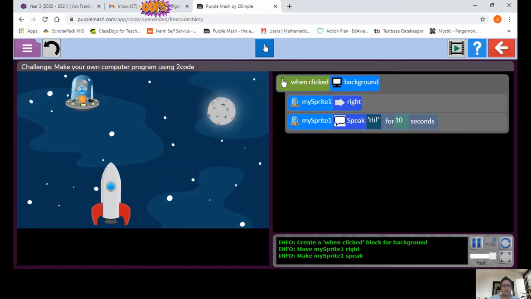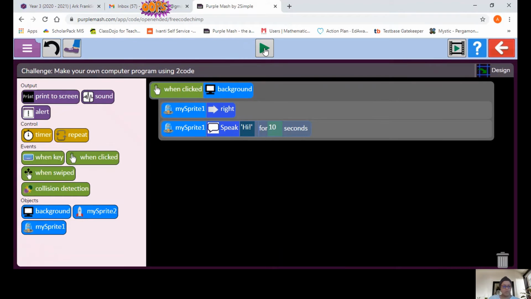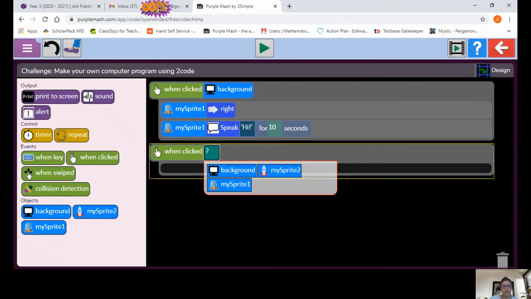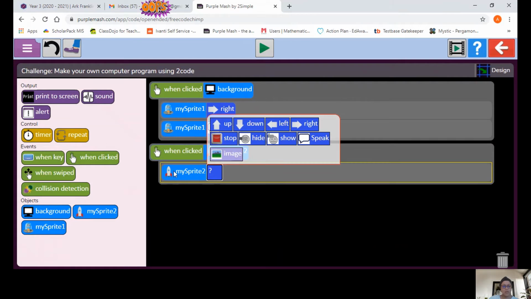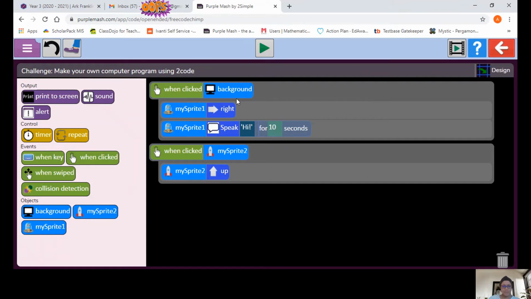I'll click stop because as you can see, my rocket over here is not going anywhere, so I need to get my rocket moving too. So when I click on my rocket, I would like my rocket to go up. Maybe our rockets could even make a sound. So if I choose my rocket,